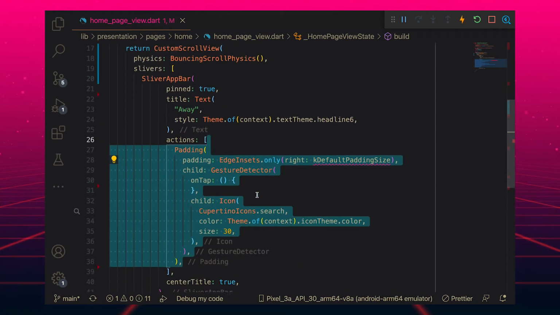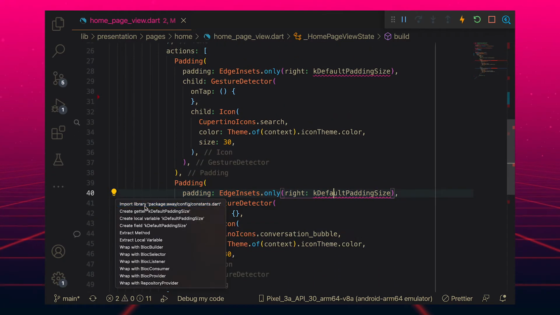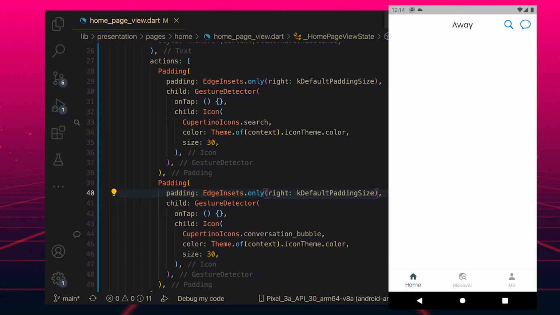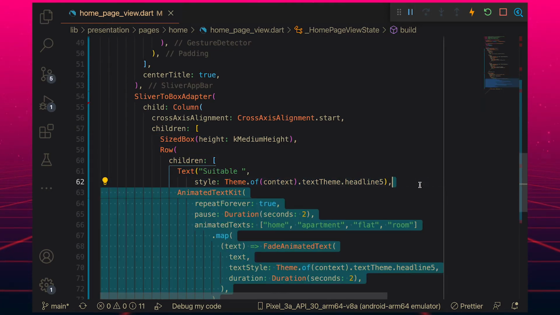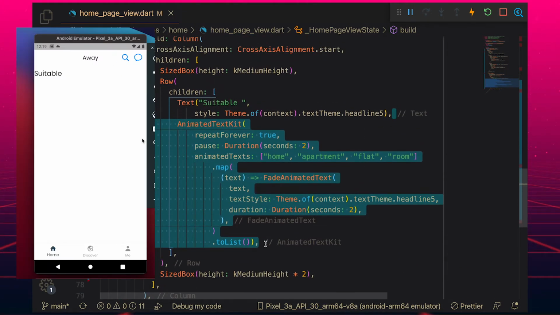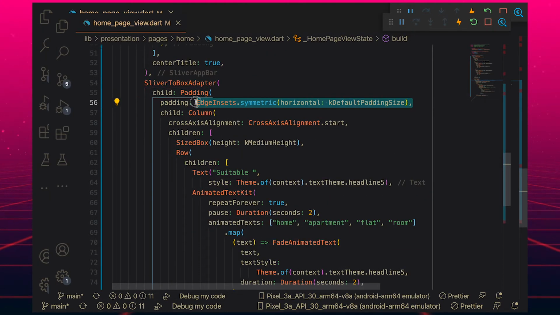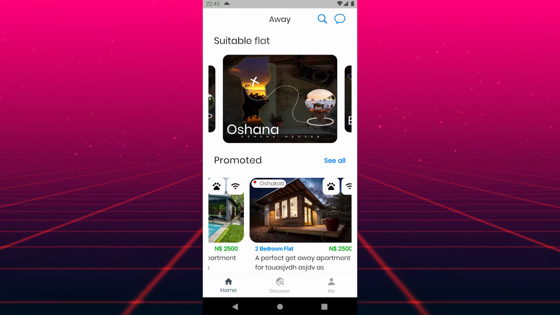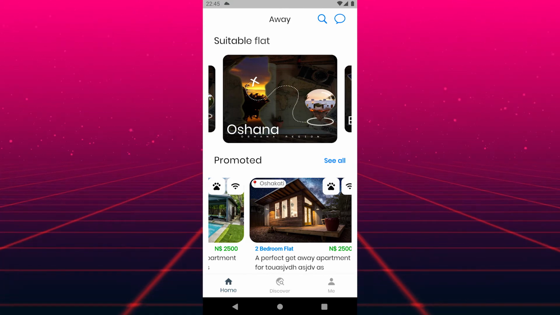Add the sliver app bar, giving it a title with two icons which will eventually navigate to the search page and DMs. We have a row with a text widget and animated text for the luxurious feel. The text will alternate every 2 seconds. Pad the column on the x-axis. The reason I don't add padding for the entire screen is so that the flow of widgets, such as the